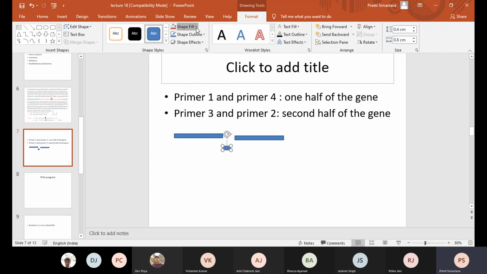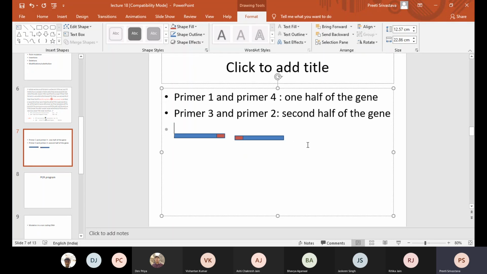And let me change the color. So this will be common because this was there in both forward and reverse primer. Is this making sense? Yes, ma'am. Now, this part needs more attention.